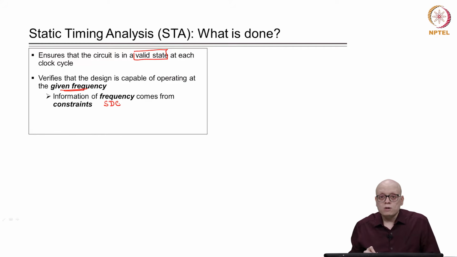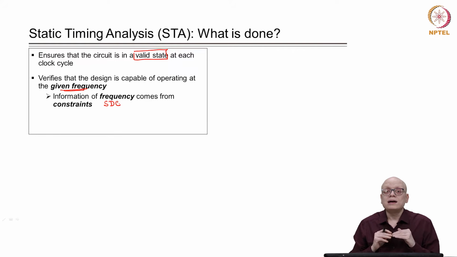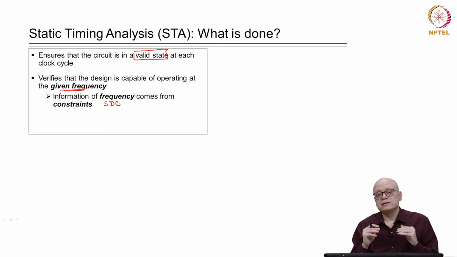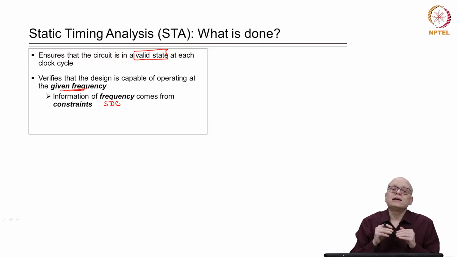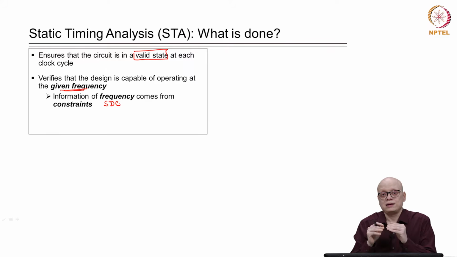In the SDC file, we as designers specify at what clock frequency our design is expected to run, and the STA tool ensures that the design can indeed work at the given frequency in the